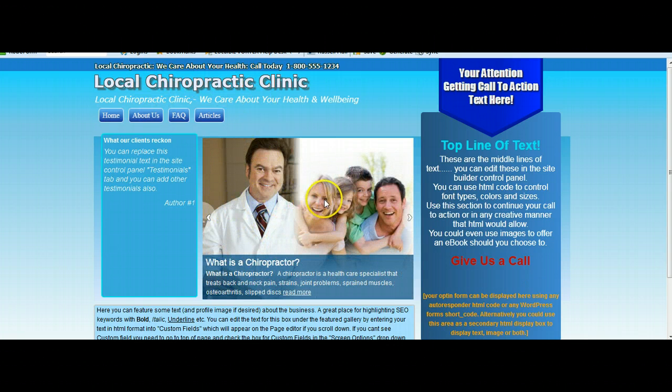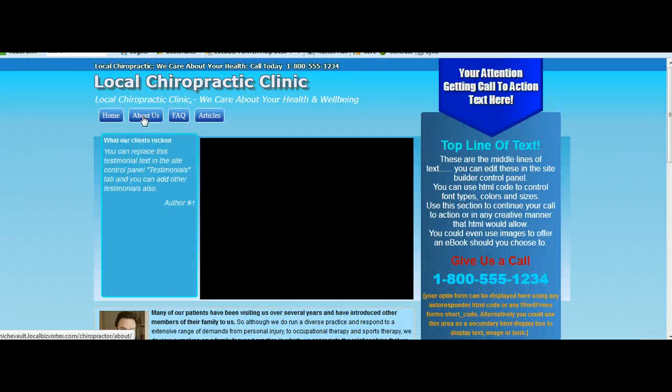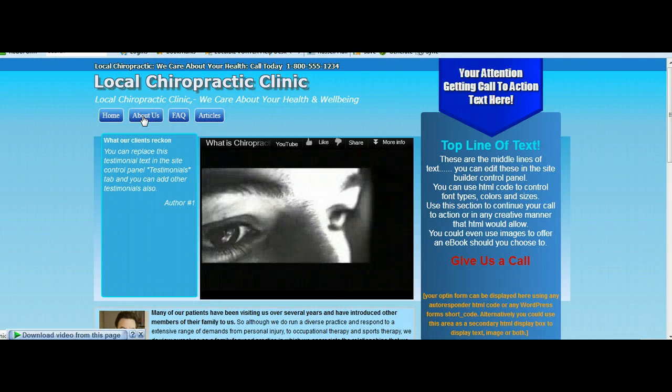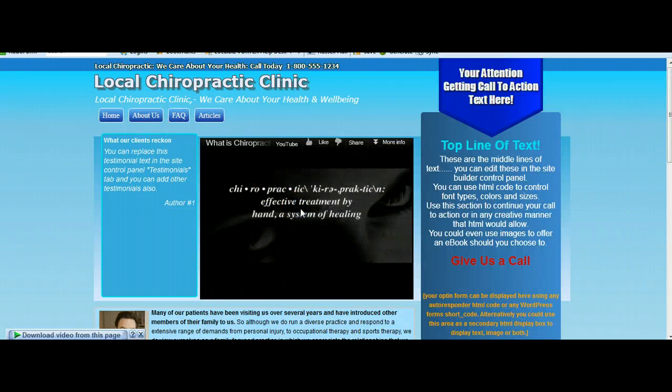On the front end here we've just got the gallery happening, but on a secondary page here, when I open up the About Us page, you will see that it opens to a video which actually auto starts. There we go. The auto start feature is another thing again, but I'm going to show you how to do this. So the way to insert a video into the featured panel is controlled at page level, not at control